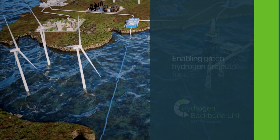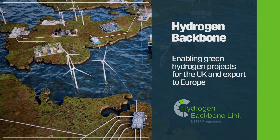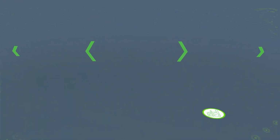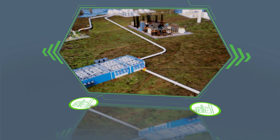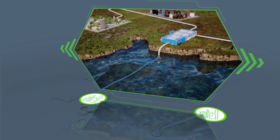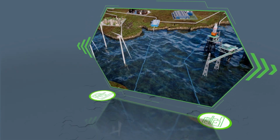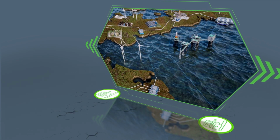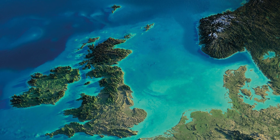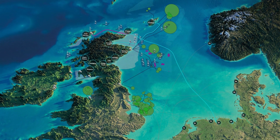Hydrogen Backbone Link, enabling green hydrogen projects for the UK and export to Europe. The Hydrogen Backbone Link project identified that a new pipeline from Scotland to Europe is feasible and necessary. The project also evaluated the current associated infrastructure and what could be changed over, upgraded or replaced to make this happen. Phase 2 will deliver a package ready for developing the project through to installation, as well as final connection